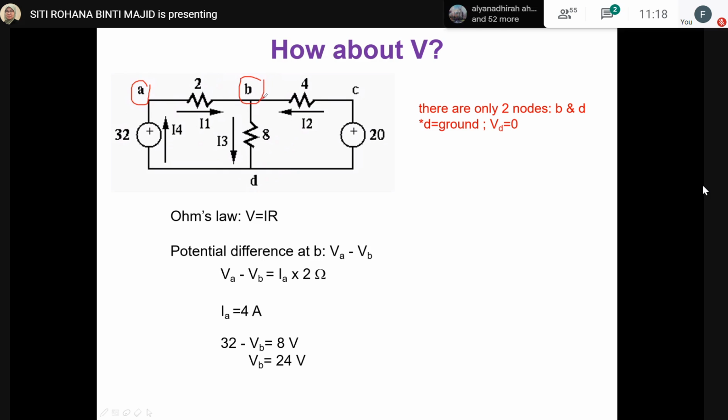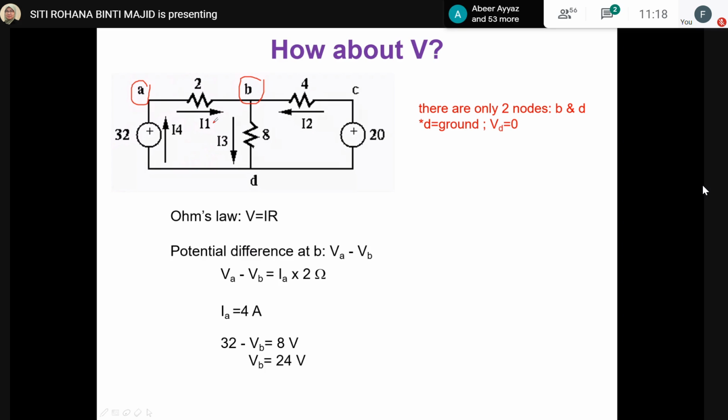At junction B you already know the flow of current, because we have two currents in, which are I1 and I2 into node B, but I3 goes out from B. Then the potential difference between point A and point B, which is the loop current I1, IA,